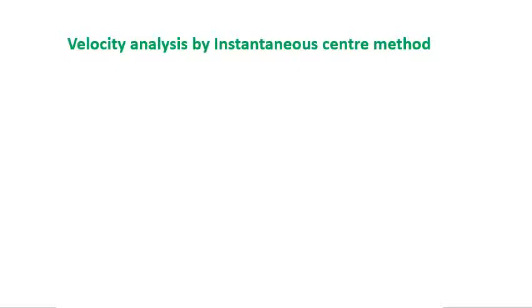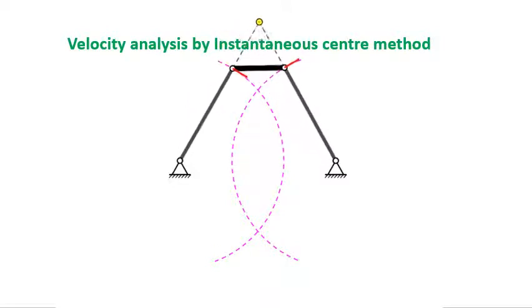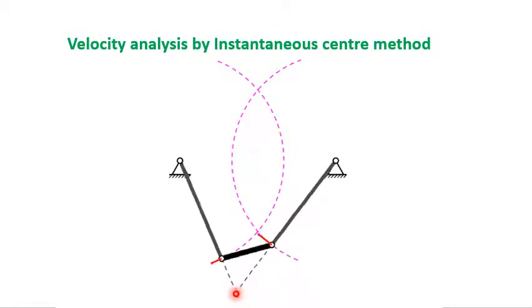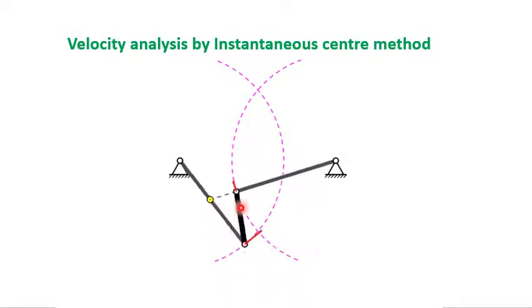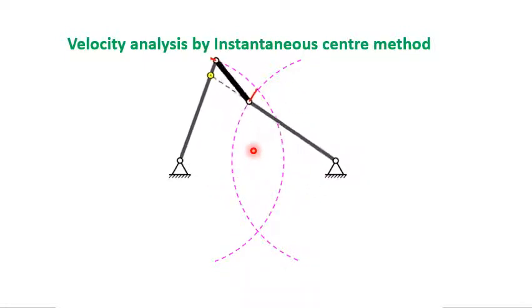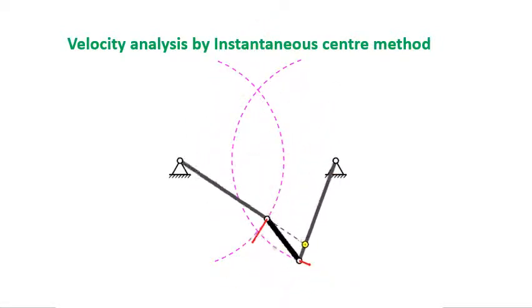In this video you can see this yellow pointer, which represents the instantaneous center. For these two links, this instantaneous center changes with the configuration of the mechanism, and using this instantaneous center we can easily find the velocity of any link. Now consider a link AB. Here we are explaining how exactly the instantaneous center acts in a particular link.